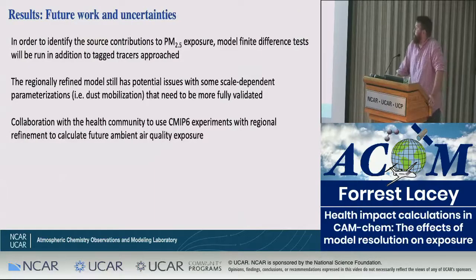And then I just wanted to highlight some of the future work and uncertainties in this analysis. One thing that we're trying to do moving forward is use tag tracers for source contribution of PM2.5 exposure. So this gets at that one question that I brought up with the satellite data. That's for total PM2.5. So if you want to look at a specific subset of PM2.5, you have to use some sort of either an adjoint approach, or we can use tag tracer